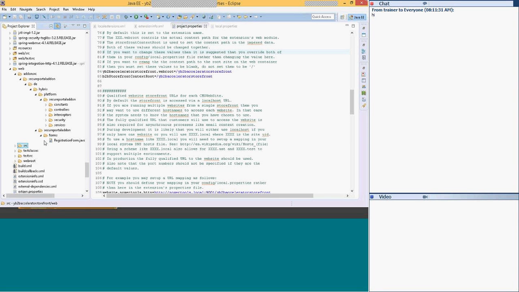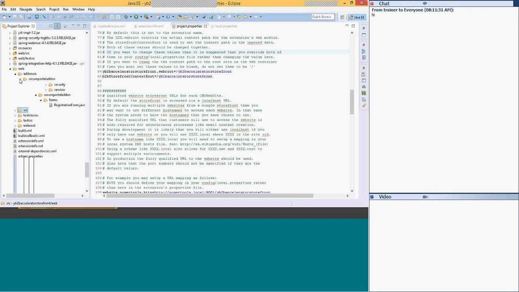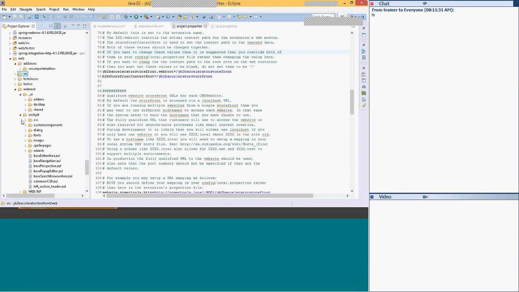Now the question is where I can find the JSP itself that I need to change. That would be in the web root folder anyway. In the web root underscore UI, you can see the add-on is there. In the cockpit itself we don't have it, but here you can see that the secure portal add-on desktop version has come up, and the JS file and CSS file are there. Then we have